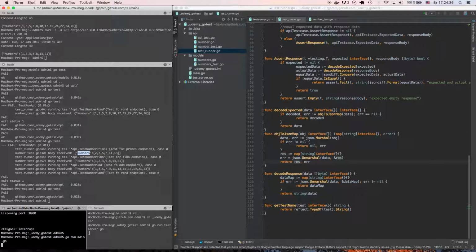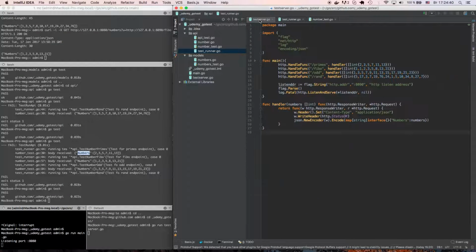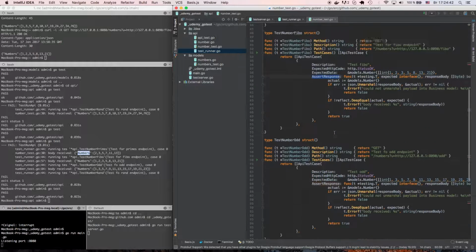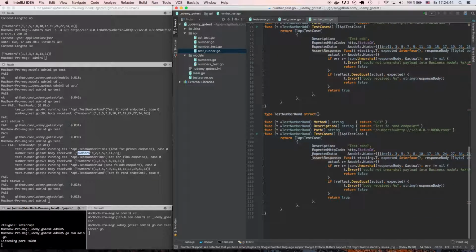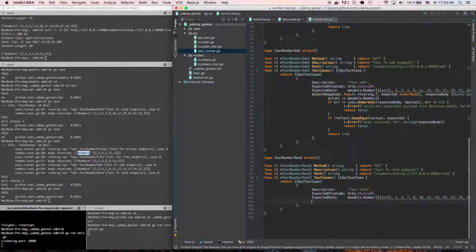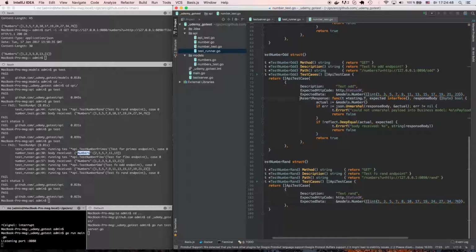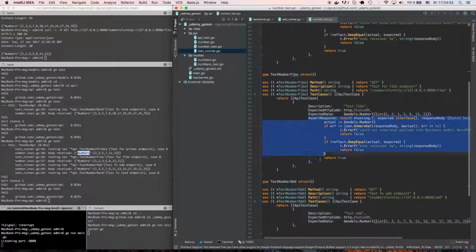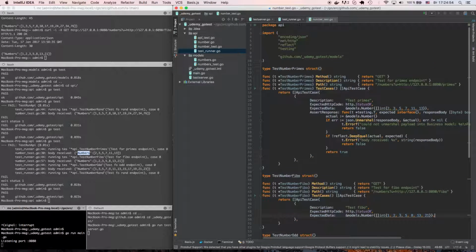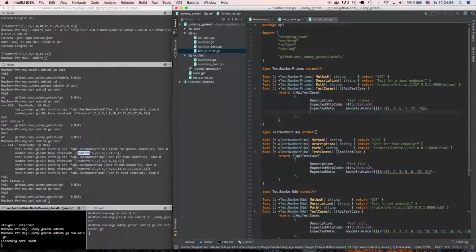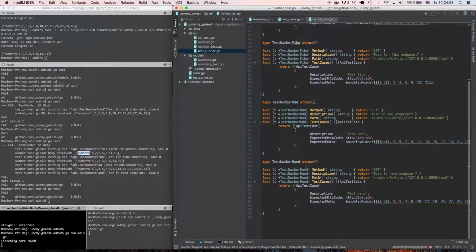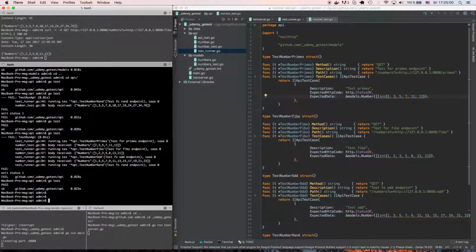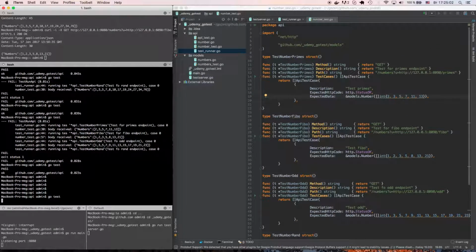Let's stop and start our main. It works, and now we can remove this assert response from our tests, and let's run again, go test,